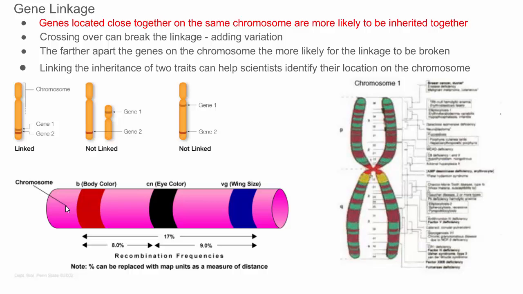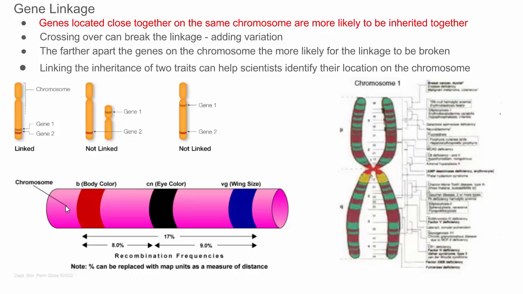If they're very close together, the chances of crossing over splitting those two traits is very low, because they're so close together. The farther apart they are, the more likely that linkage can be broken. And that is actually how scientists have mapped genes to specific chromosomes. They look and they can see, okay, how often are red hair and freckles inherited together? What do you think the answer to that is? Pretty often. Very often. So what does that mean in terms of the chromosomes? It means the genes that are responsible for red hair and freckles are very close together on the same chromosome.